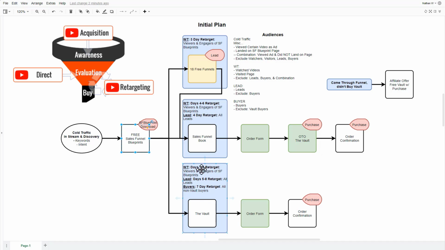I have my warm traffic people again, so days 7 through 9 here. This will include people that have visited my website, looked at the sales funnel blueprints, or watched a video, but they have not become a lead yet. They didn't opt in, and they didn't buy my book, so they're not a buyer. But you know what? Maybe they didn't want my sales funnels or my book, but maybe they do want to join the vault. So I'm going to spend a couple days sending them the vault offer, and maybe they buy, maybe not, who knows. And then I'm going to have another group of people, which are my leads right here,